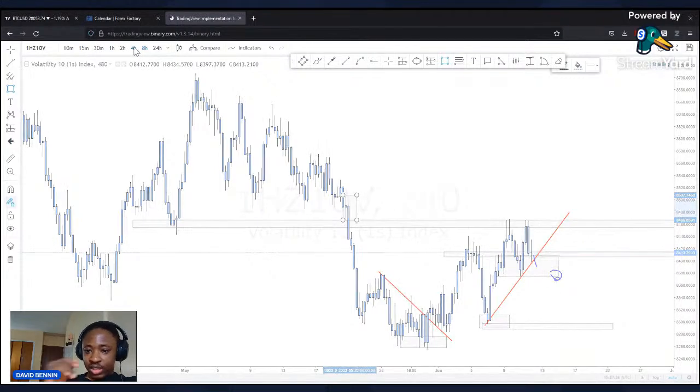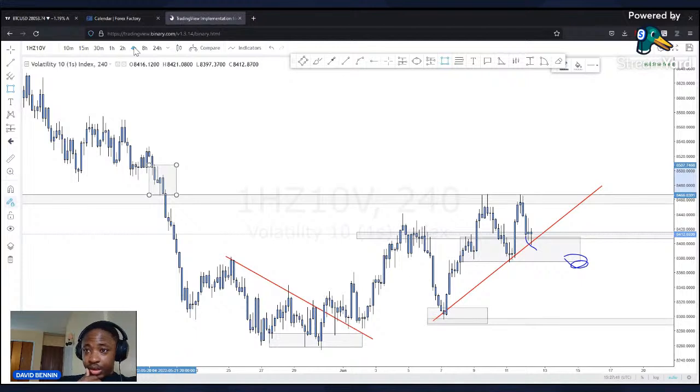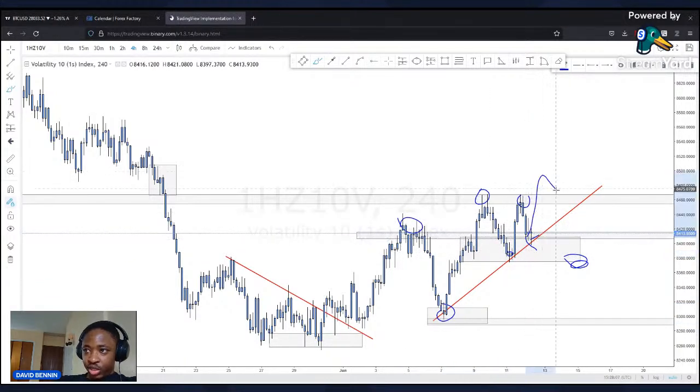So let's go to the 4-hour and see if we can see a different picture. We don't really see much difference here on the 4-hour. The only thing that pops up is that the rejection gives us a double top, but because of this level, we took out this high, price pushed back here. We still have the potential to do this. That's why I wouldn't shoot the gun to start selling from here. If I were to decide on a trade here,